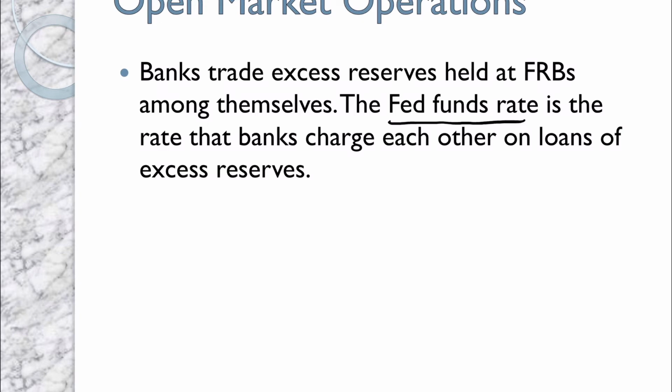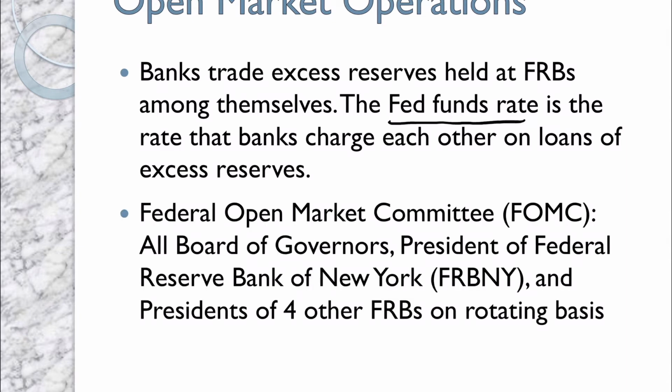So who monitors this federal funds rate? That is the Federal Open Market Committee. So who makes up the Federal Open Market Committee? You have all the board of governors, so those 7 members, the chair, the vice chair, and the other 5 members. You have the president of the Federal Reserve Bank of New York, which is the largest Federal Reserve Bank. And then you have presidents of 4 of the other 12, well, I guess 4 of the other 11, since you already have the president of the Federal Reserve Bank of New York,